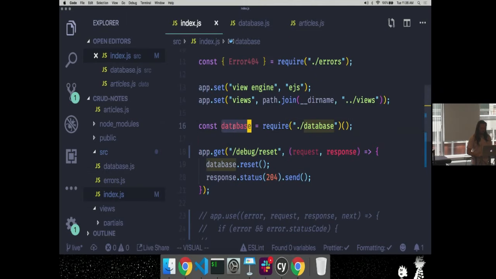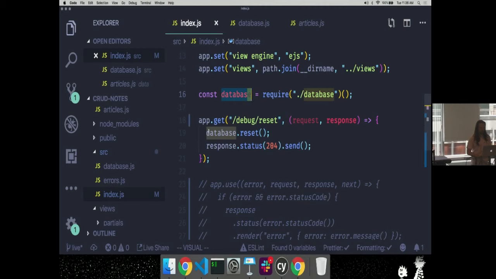And I just access it in a few different ways. I can say database reset, and then I can also say database.articles or database.getArticles, and that's going to give me an array of articles. I can modify the existing object. I can modify that stuff when I do edits and deletes and updates and that type of stuff.